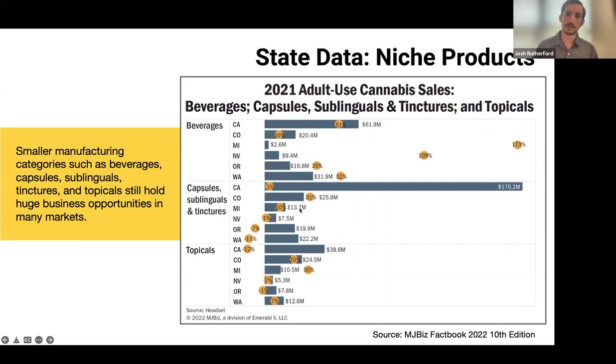But what you also see is these are the most educated markets. So you don't see the growth percentage maybe, but the growth over here on capsules, sublinguals, and tinctures is massive. So you can end up tapping into that type of revenue. That is really important when analyzing your market share of the total revenue of the state that you're able to capture. I can't stress that enough, because if you're just going into 20% of a pie, that's all